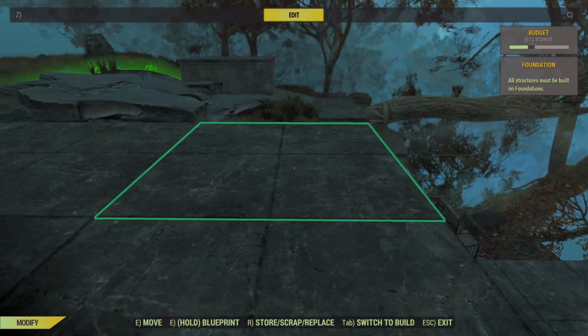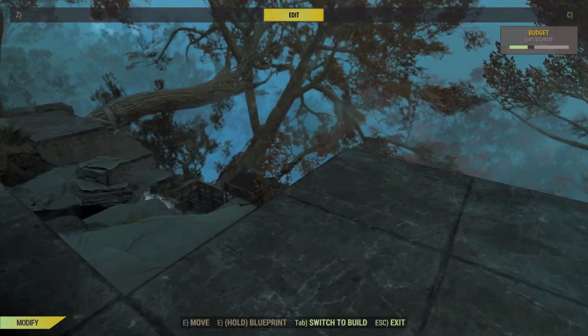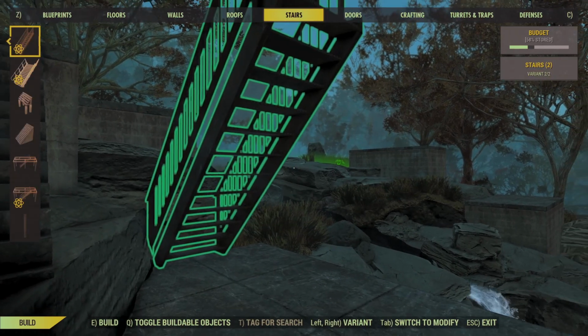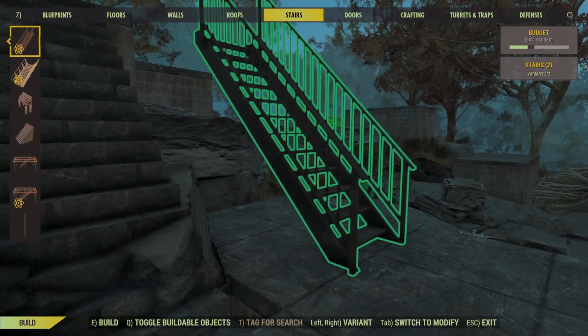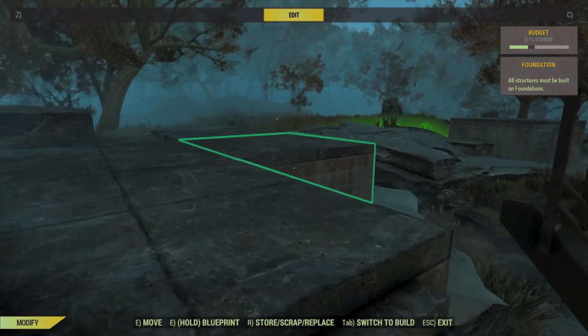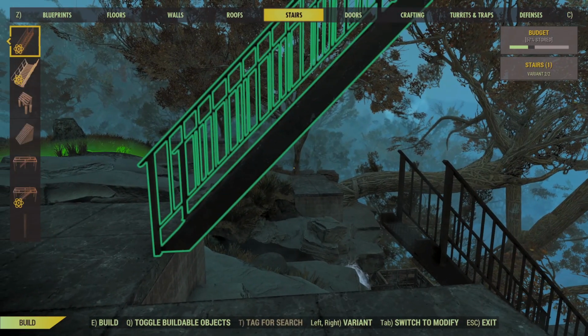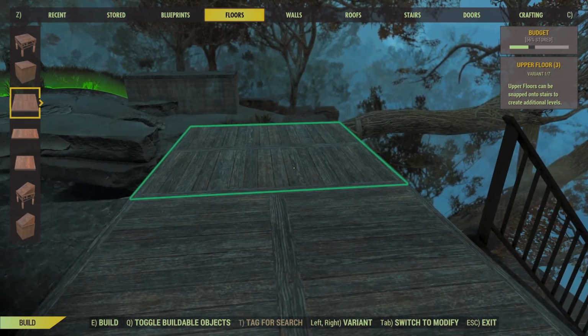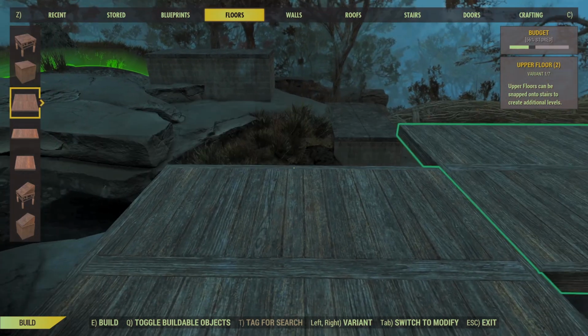And we're going to take this corner foundation off, put a metal staircase here, because I want a wooden upper floor to run around the inside of this building. I'm actually going to change it out for a wire one so you can see through it and see down to the water. But we need a regular staircase attached just so that we can snap these on,